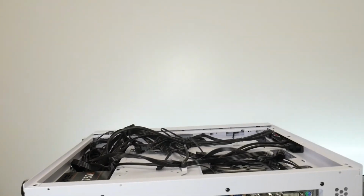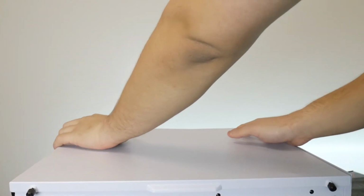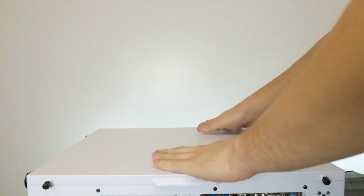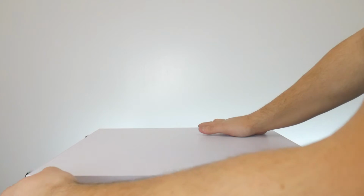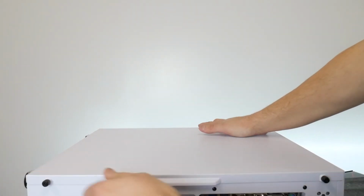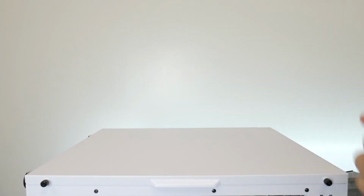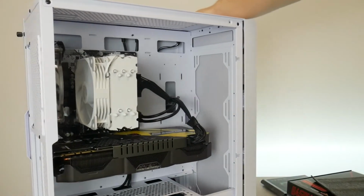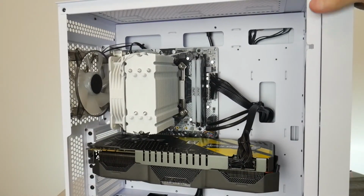So the best way I found to get your back panel on is to lay your PC completely flat, and then you place the back panel over it. You're basically gonna push down with your hands on both sides and then forward. So now it's in place, and there you go. That's easy as pie. It's just much harder to try and do that while it's standing up, even if you have some cords popping out, but this case is pretty good with actual space for cable management